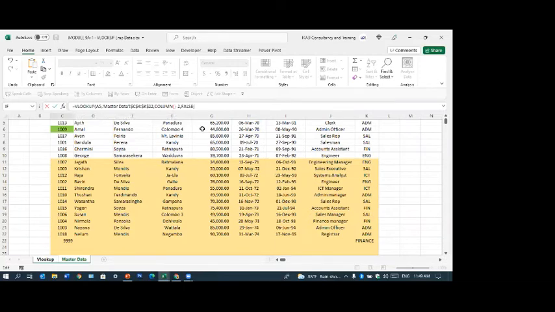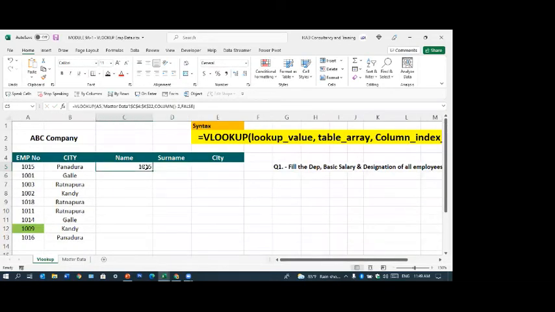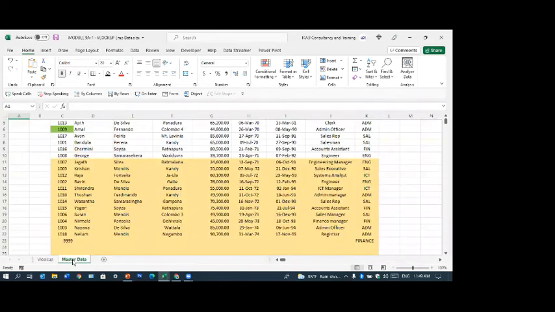Now when you are dragging it, yeah, we'll do step by step. You get the name as ABBA. Sorry, not minus 2. It should be... we need 2. Column gives 4, so 4 minus 2 is 2, no, we need 3.